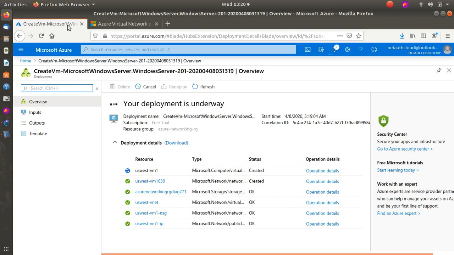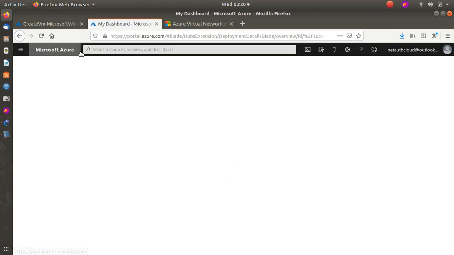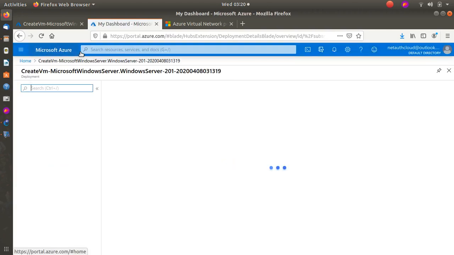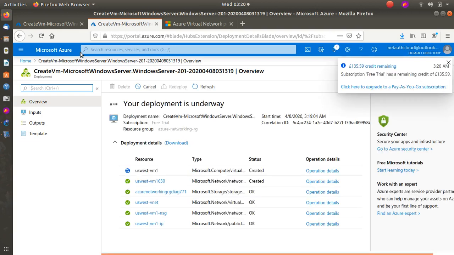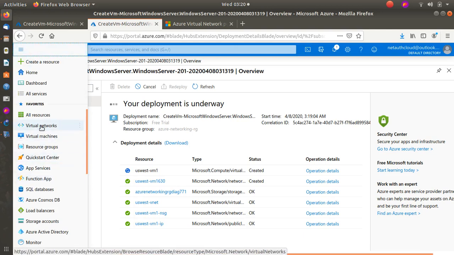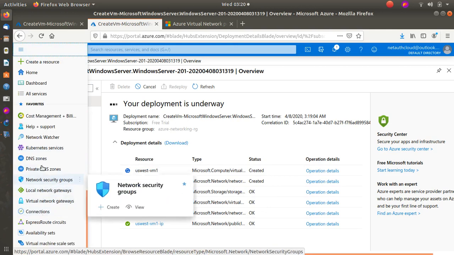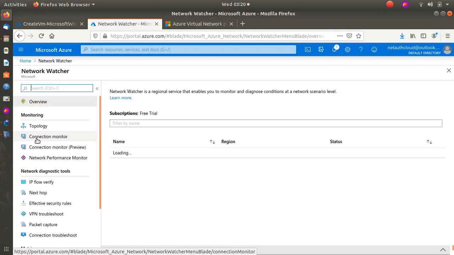whilst that's running, let's duplicate this tab. I'm interested in seeing how things look now. Pay attention to the default, because as a network engineer, you should design it away. That's best practice, and it saves you a lot of headache and gets the job done. So I'm going to go and use Network Watcher. Now we select our resource group,